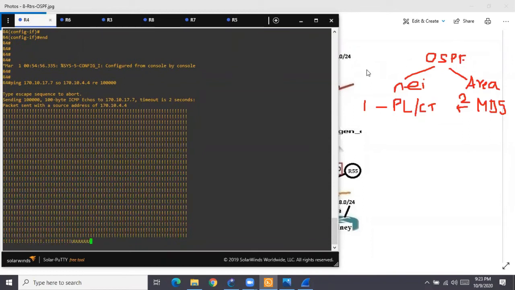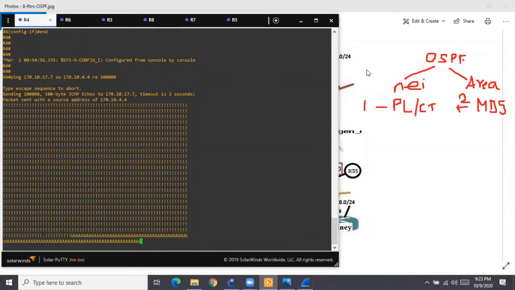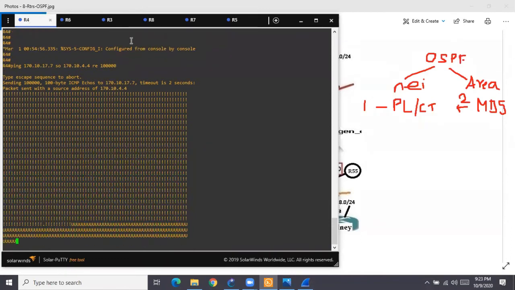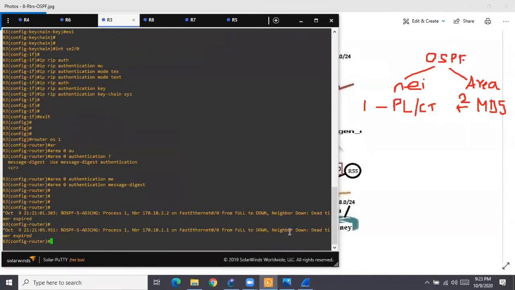And there you see, now it is unreachable. Why? Because the dead timer must have expired. Why 40 seconds, right? The default dead interval in OSPF is what? 40 seconds. So till 40 seconds, it was fine.